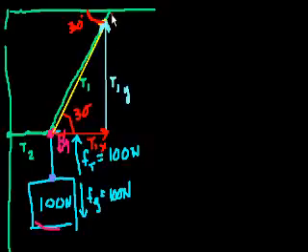We could have done it the other way. We could have said that if this angle is 30 degrees, this angle is 60 degrees, this is a right angle, so this is also 30. But that's just a review of geometry that you already know. Anyway, we know that this angle is 30 degrees.